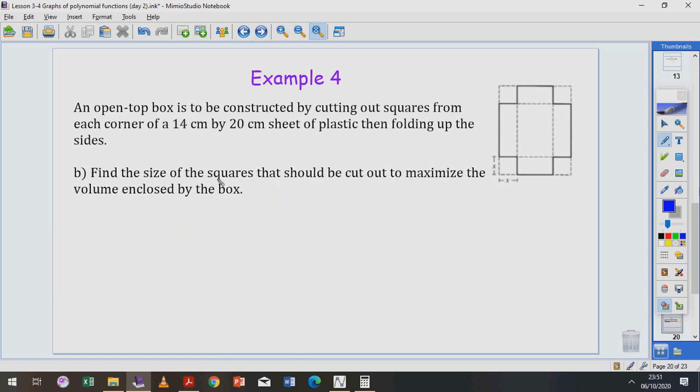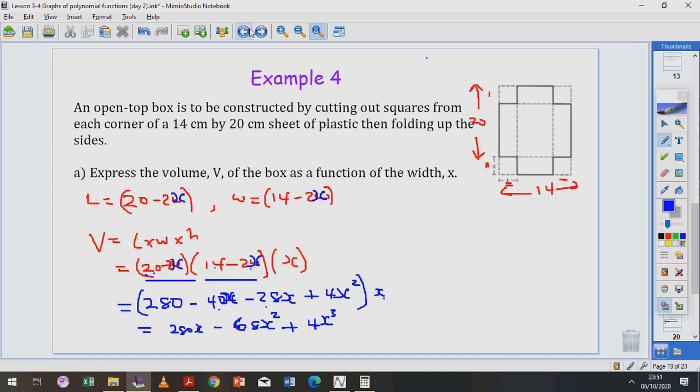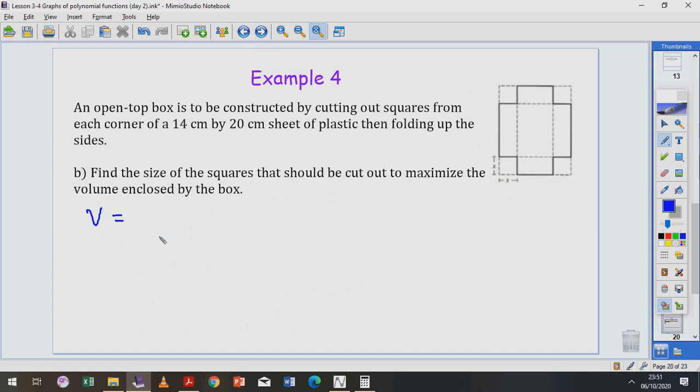Right, next question is find the size of the squares that should be cut out to maximize the volume enclosed by the box. So going back to this expression of the volume where it was not yet factored, 20 minus 2x and 14 minus 2x, 20 minus 2x, 14 minus 2x times x. This is an expression of a polynomial function. If I try to equate each of the parentheses to 0, my zeros or my x-intercepts